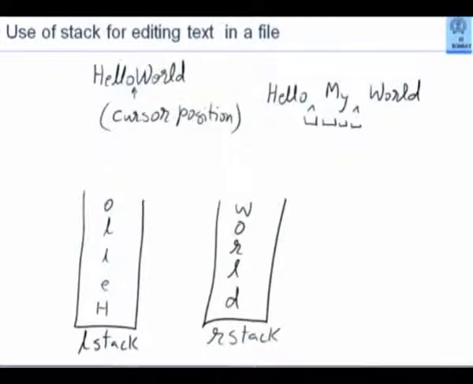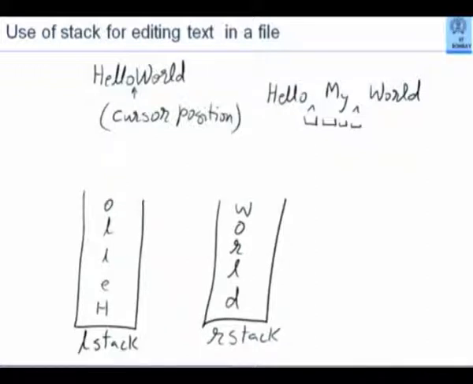What is the beauty of this model? At any point, let us say cursor is associated with the left stack. So tops will determine where the cursor is. At the initial point, you will take all characters and push them onto the right stack, let us say.